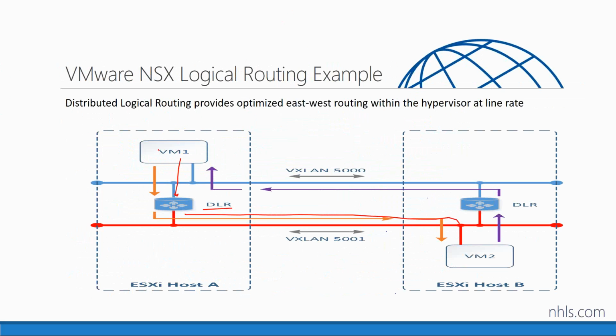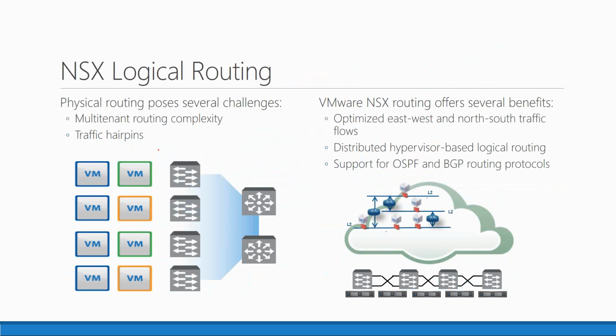So let me present that to you in a slightly different way. One of the things we run into all the time in a virtualized environment is hairpinning. So if we take a look at these two VMs up here, let me just mark the VMs for you. They're on the same physical host. They're both sitting on the same ESXi server. By the way, this is a router out here.